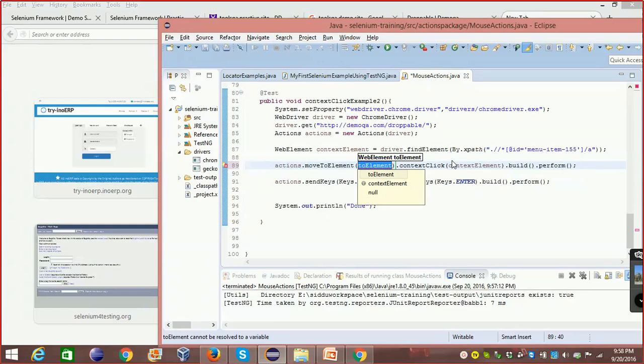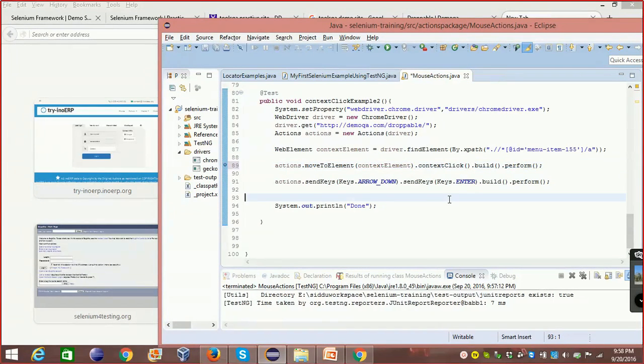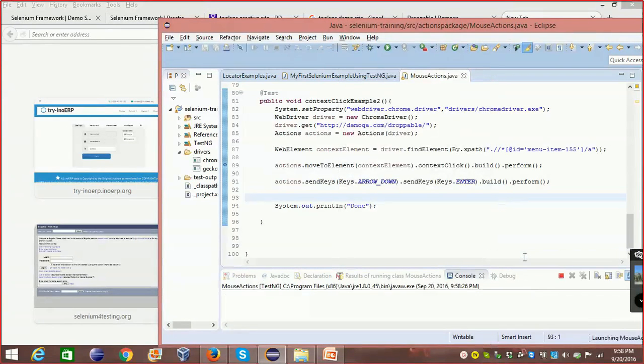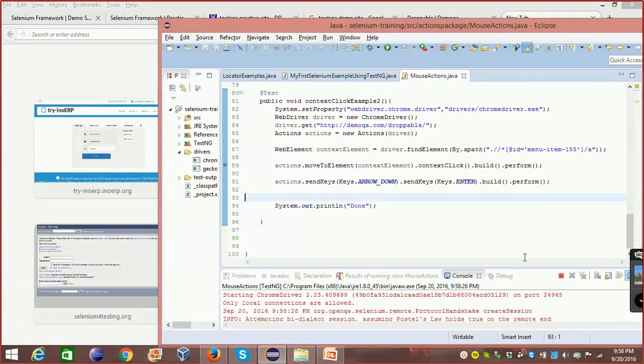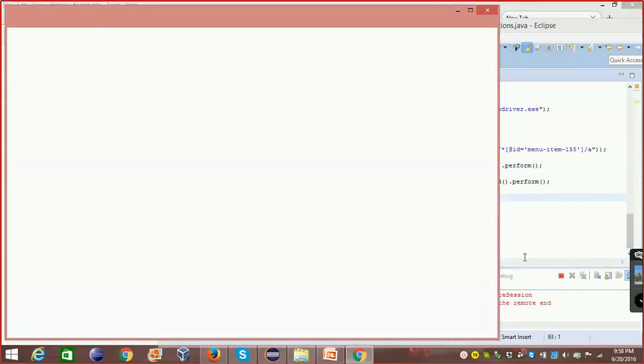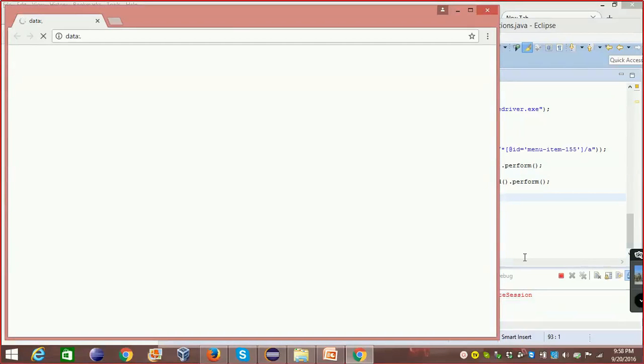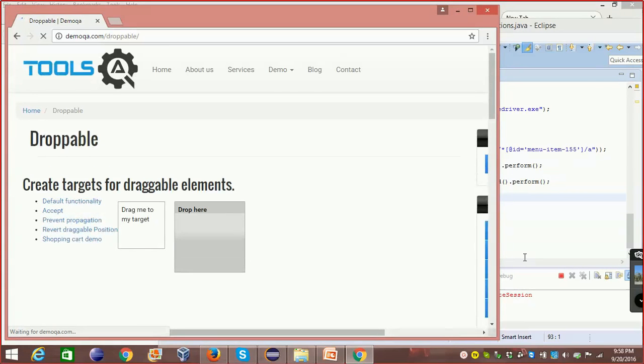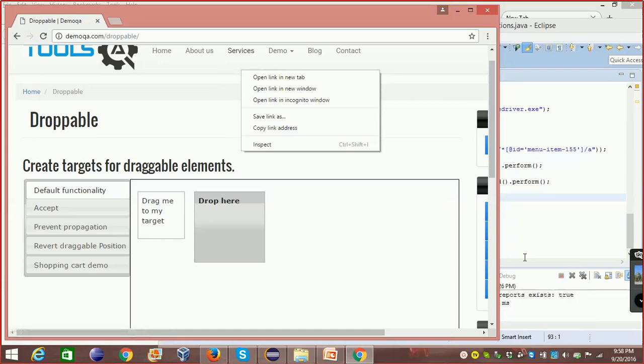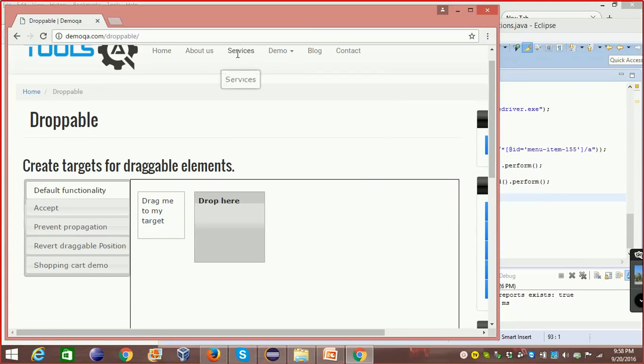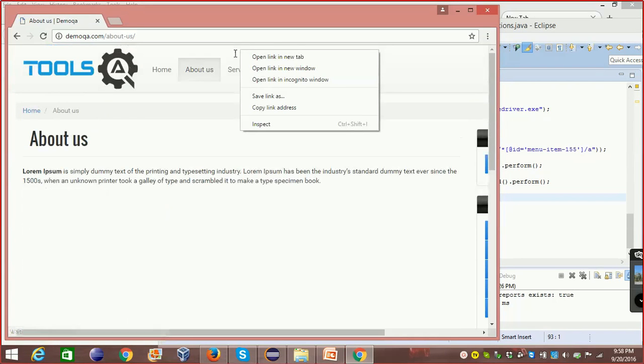What is the element I need to? Then I just do a context click on it. Somehow the focus is not going into this here. See, context click is happening, but